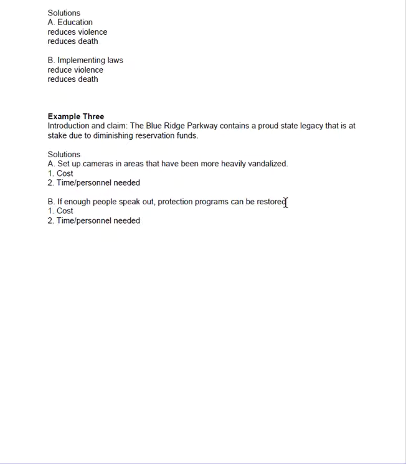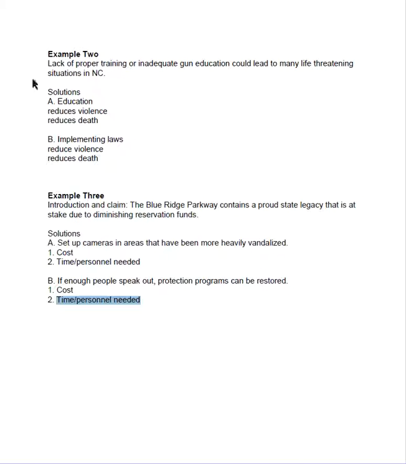Solution B, getting people to protest, speak out, write letters, that sort of thing, so these programs can be restored with funding. What would the cost of that solution be? What would be the time and personnel needed? So that you see what you're doing is, this is the evaluation portion, right? Just like you did your art and music paper, but now we're doing it with more than one element. So it becomes a comparison, really, right? You're comparing two solutions, but you have to compare them on the basis of the same evaluative criteria. All right, so that's what's a little different.